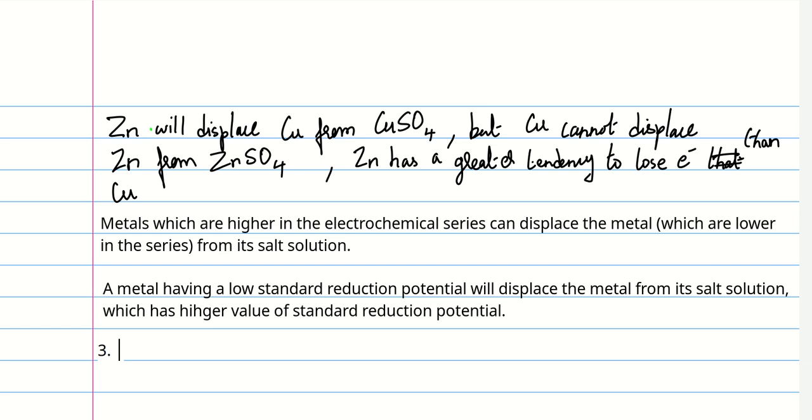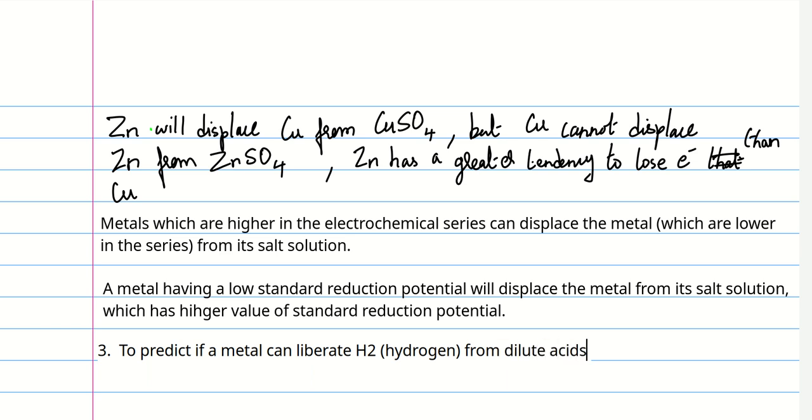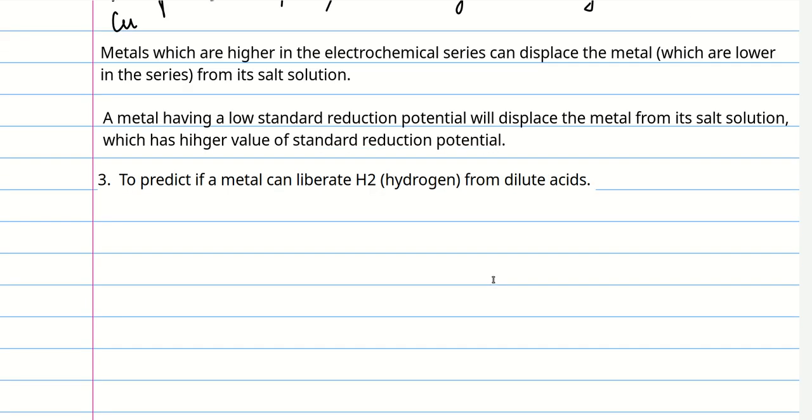So we can say, to predict if a metal can liberate H2 or hydrogen from dilute acids. So let's try to understand this. So based on